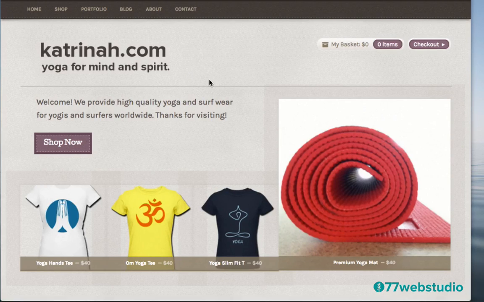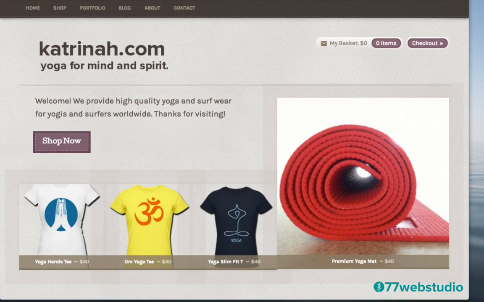So I want to point out two of the main features that help make this particular theme stand out. Number one, not only is it free, and that's always a great thing, so thank you Woo Themes for providing this free e-commerce theme to us, but the other really great thing is that it's responsive. So this theme is going to look as great on your mobile devices like your smartphones and your tablets as it will on your laptop or your desktop.